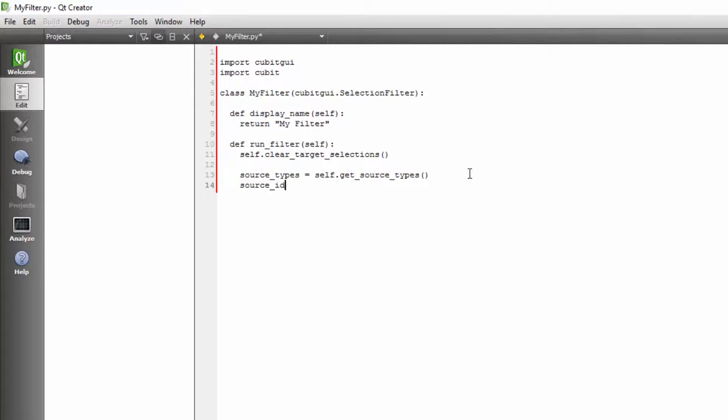We can also get the IDs of all the entities in our source list by calling the getSourceIDs function. Now we've got our types and our IDs. We have to do something with them. We're going to iterate through these parallel lists and say for our type and our ID, I'm going to name this a little better, in our source types and our source IDs, just like this,